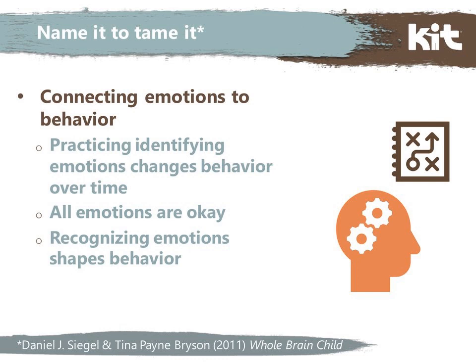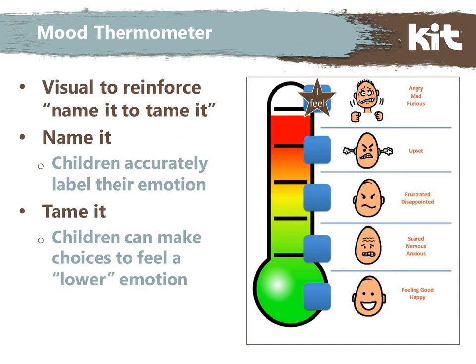When we practice recognizing emotions, we're able to approach shaping behavior from a more structured setting. And so we can actually plan to support emotional expression in a way that actually would decrease challenging behavior in our classrooms. As an example of how to utilize name it to tame it in our settings, we're going to